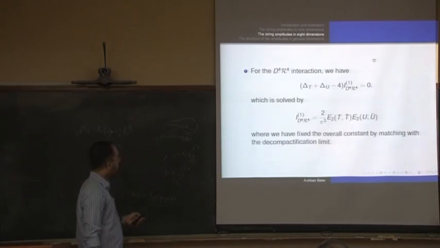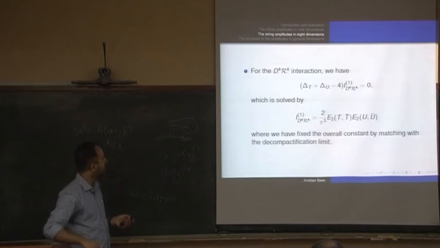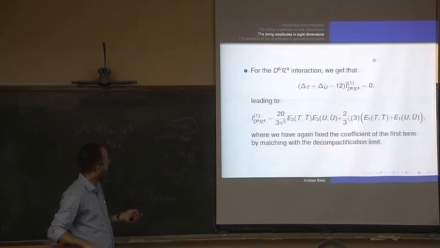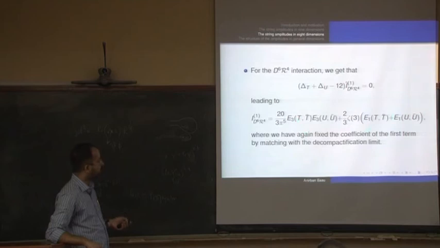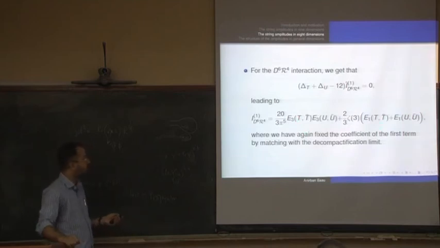So now let's look at the d to the 4 r to the 4 term. Here it turns out there is no boundary contribution. I'll just give you the details. This is the final answer, the product of two Eisenstein series. And again, for d to the 6, there is a boundary contribution, and this is what you get, the product of E3 times E3 and E1 plus E. This is really proportional to the r to the 4 amplitude, and this is the new one. This also matches the resolution.